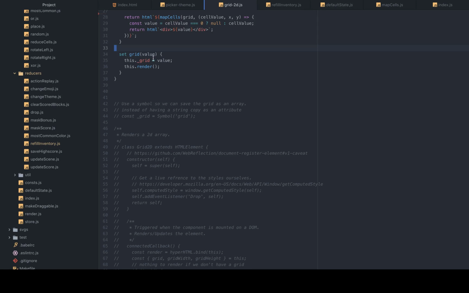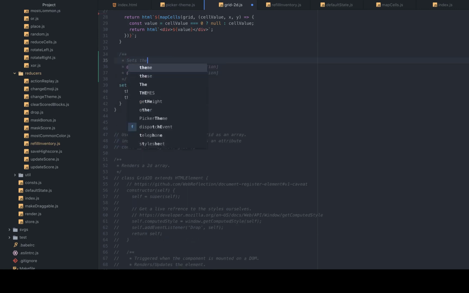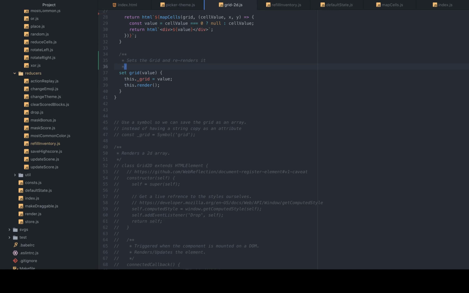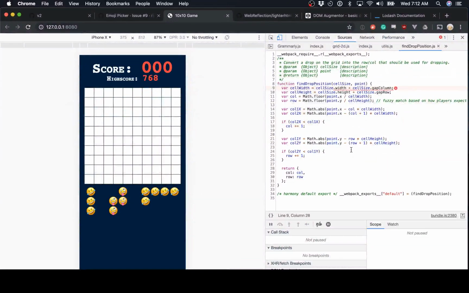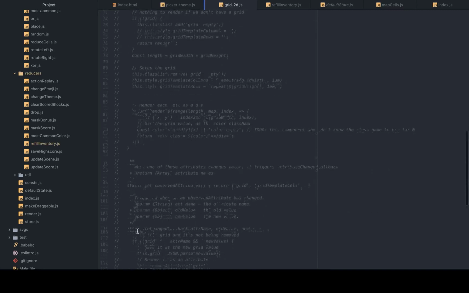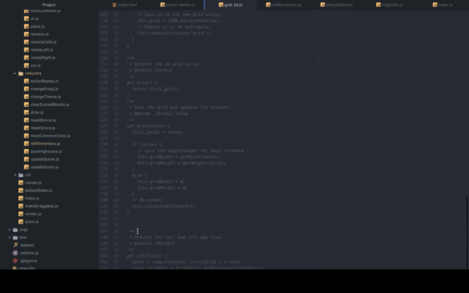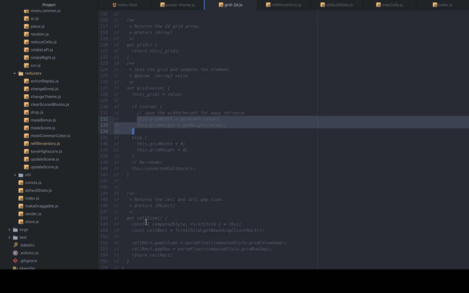So the grid, which is a setter. And so then we also needed, for our find drop position, a couple other things. So we had this grid width, grid height was being set, and